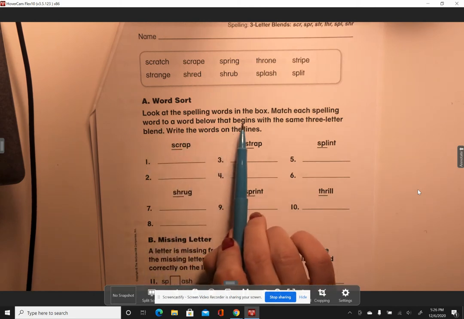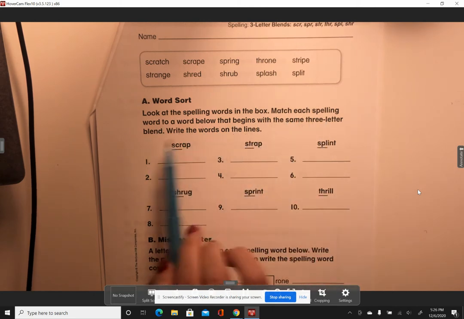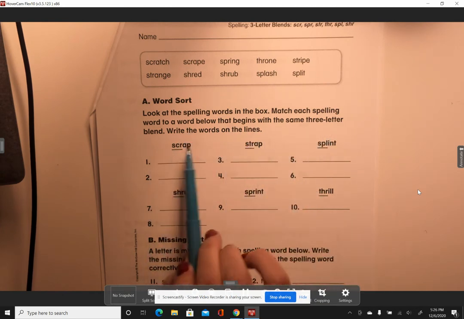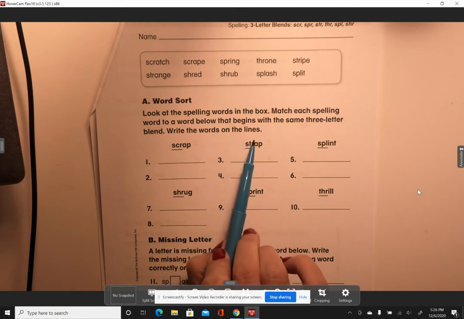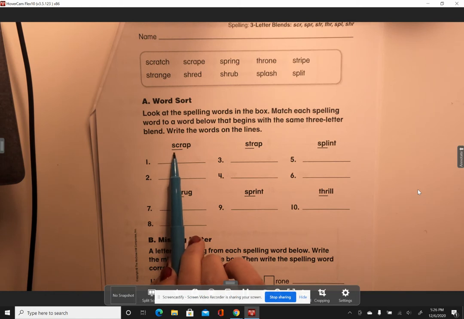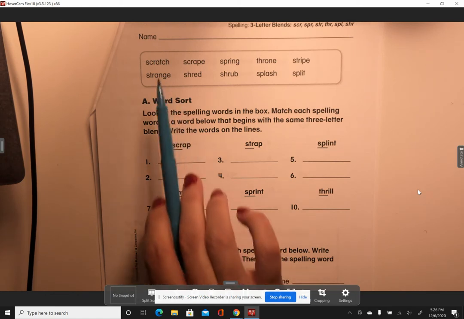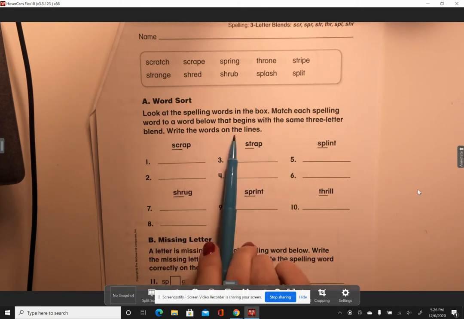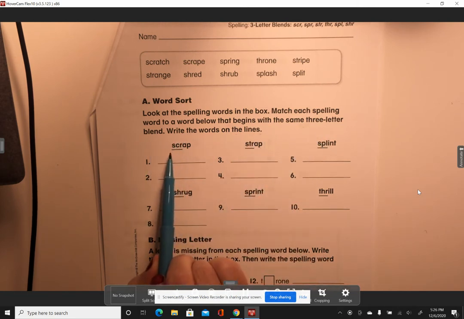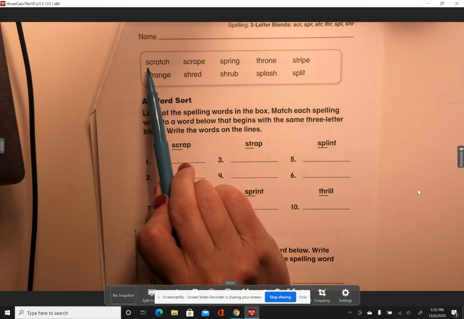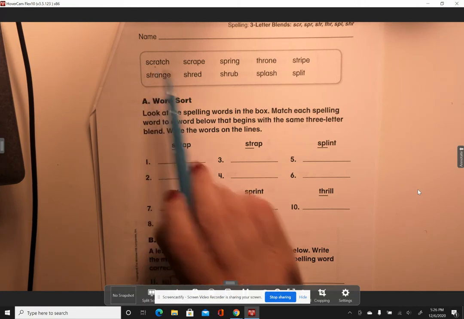Look at the spelling words in the box. Match each spelling word to a word below that begins with the same three-letter blend. Write the words on the lines. So we're going to look at these and match the spelling word to a word that begins with the same three-letter blend. We're looking for SCR, scrap. That says scrap. So we could put scratch, because there's the SCR,